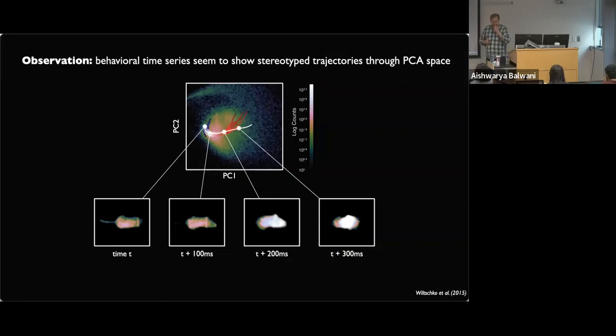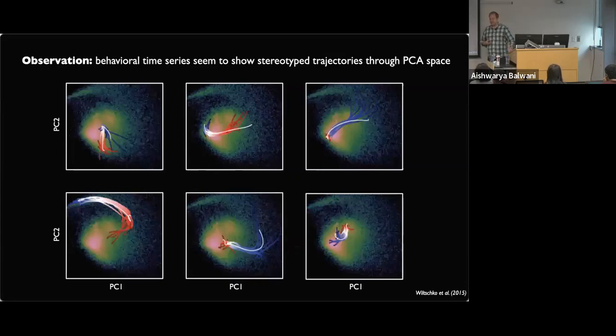This makes us think that maybe this behavioral video can be thought of as a bunch of stereotyped trajectories through PCA space. Now, is it unique to that particular trajectory? No. We can find many instances for basically any trajectory that we see. There's very few once-in-a-lifetime occurrences, or at least once-in-an-hour-long-recording occurrences here, it seems.